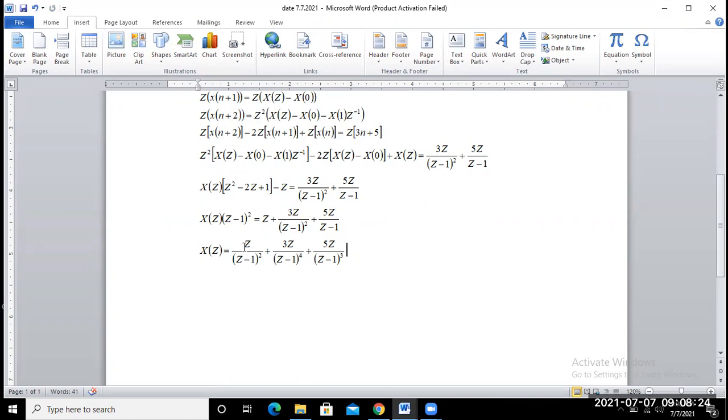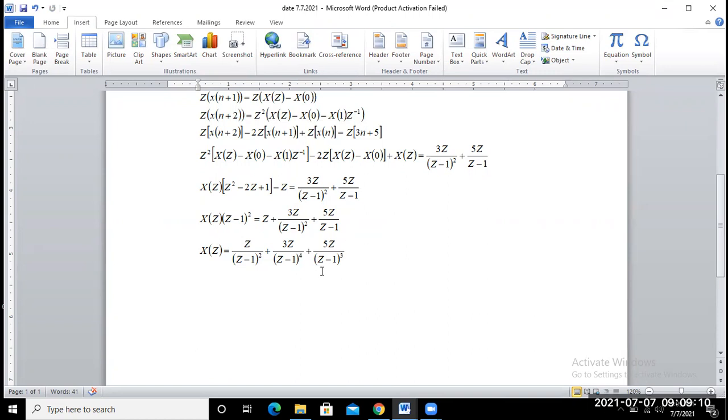That means you know that z by z minus 1 in discrete form is the Z transform of 1. Okay. So the Z transform of n can be written as z by z minus 1 whole to the power 2, and the Z transform of 1 can be written as z by z minus 1. Okay. Similarly, the Z transform of n square can be written as z square plus z by z minus 1 whole to the power 3. Now the Z transform of n cube can be written similarly as z cube plus 4z square plus z by z minus 1 whole to the power 4.